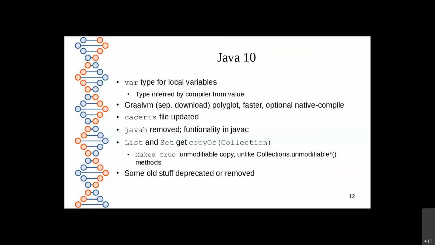Java 10 comes along next, 6 months later, and introduces the var type for local variables so that you don't have to stop and remember whether you want to type something as an int or a float or a double. You just type var and the name of it. For example,